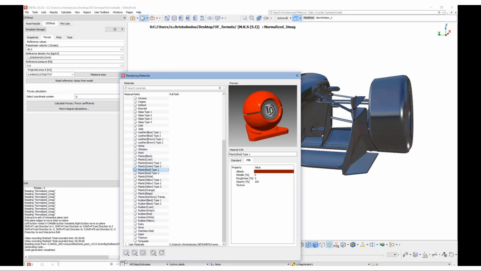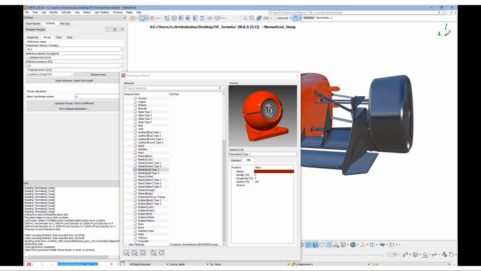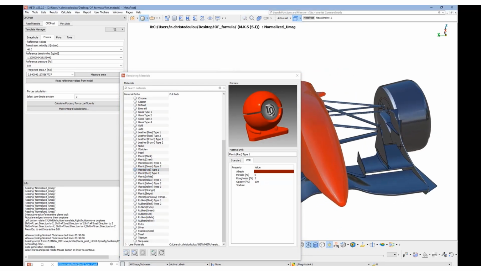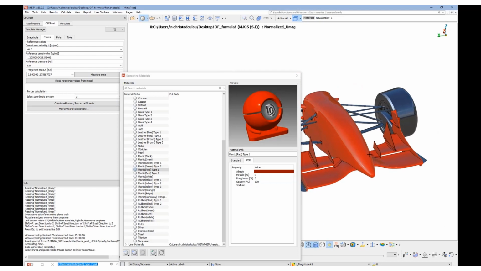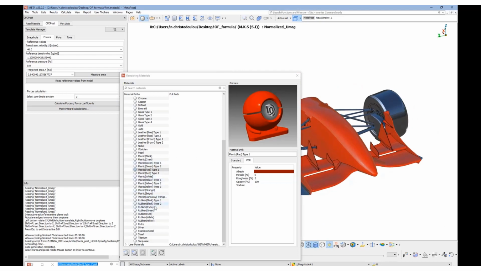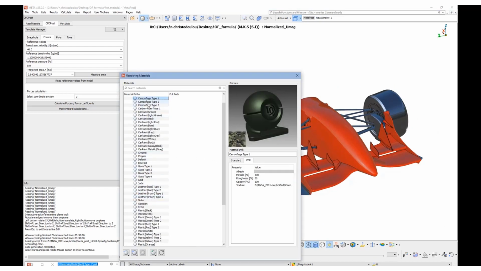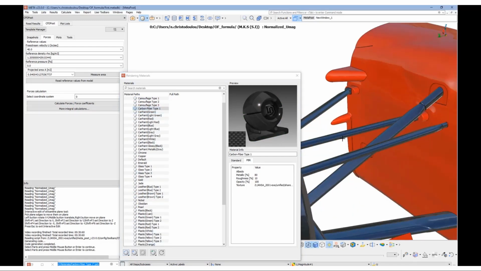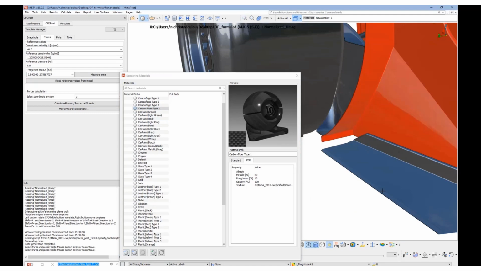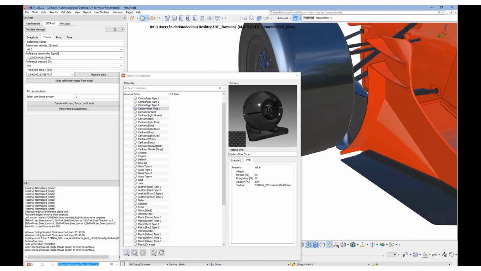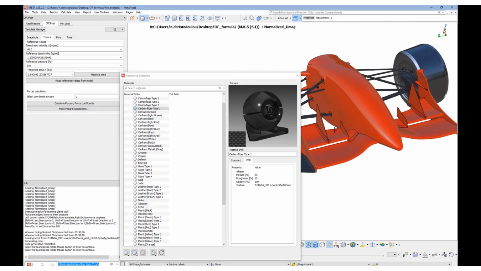We can assign different materials per PID to give a more realistic feel to our model. Apart from the materials listed here, Meta can also read external libraries of materials, or the user can specify his own custom materials.